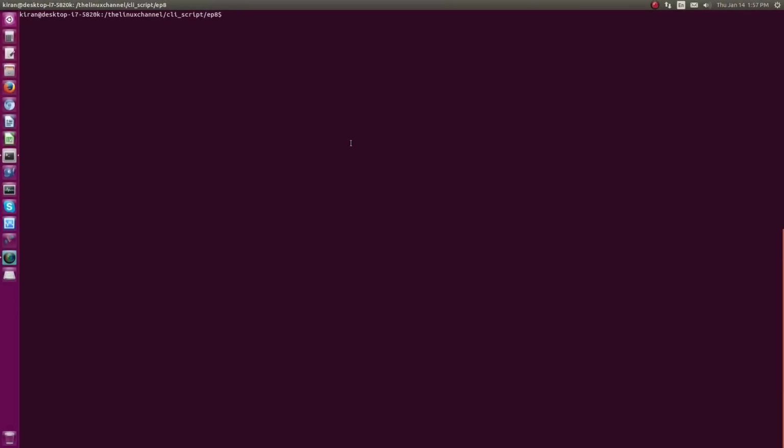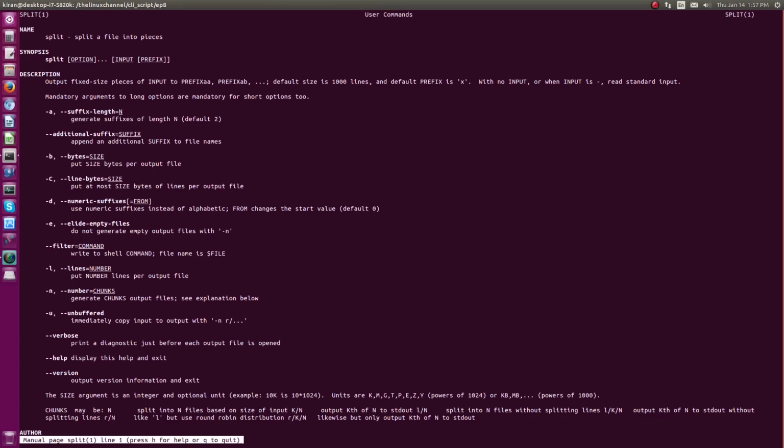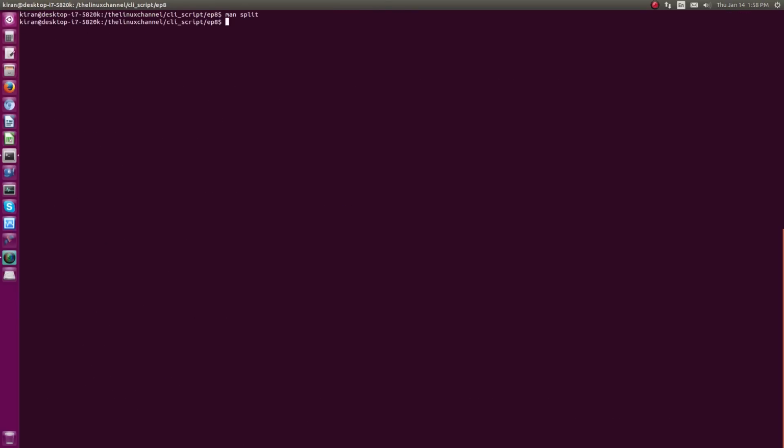Hey guys, welcome to my desktop. As I said, there are various use cases of the split command, and if you want to learn more about all other options, you can anytime refer to its man pages. Whereas I just want to focus on some of the very important use cases of the split command in your command line scripting context. As I said, there can be various use cases, but in this case we are trying to do some sort of load sharing of command line scripting processing of a huge file before even importing into some sort of database, trying to split a huge CSV file or something like that.